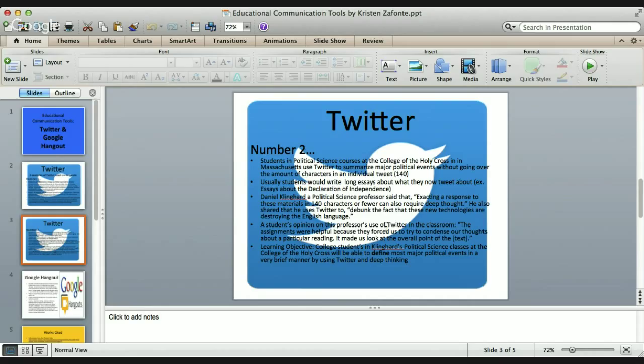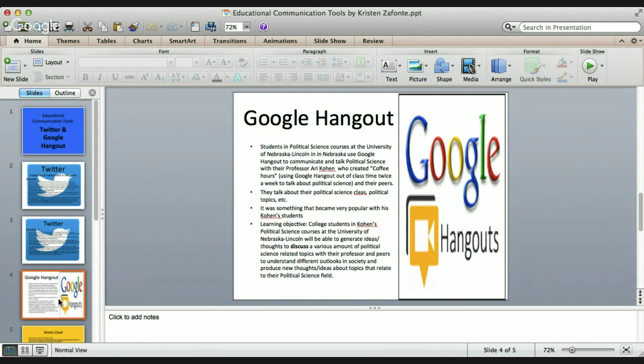And for the learning objective, I put college students in Klinghard's political science classes at the College of the Holy Cross will be able to define most major political events in a very brief manner by using Twitter and deep thinking. And then my one for Google Hangout,